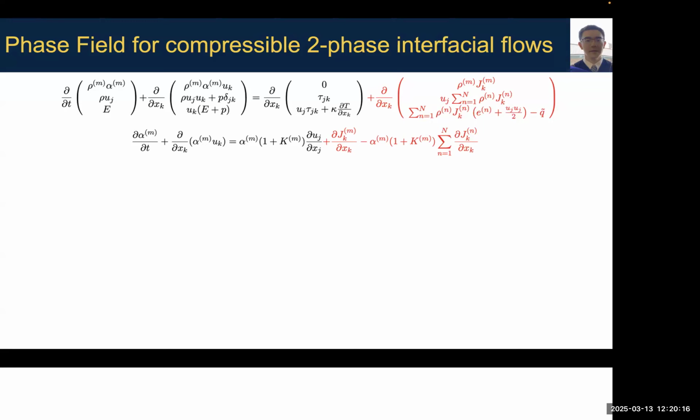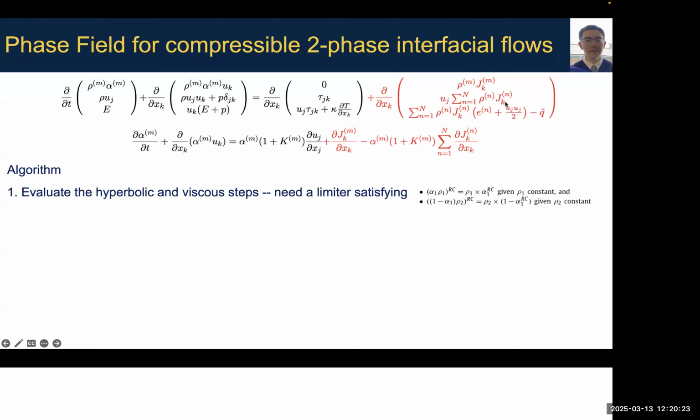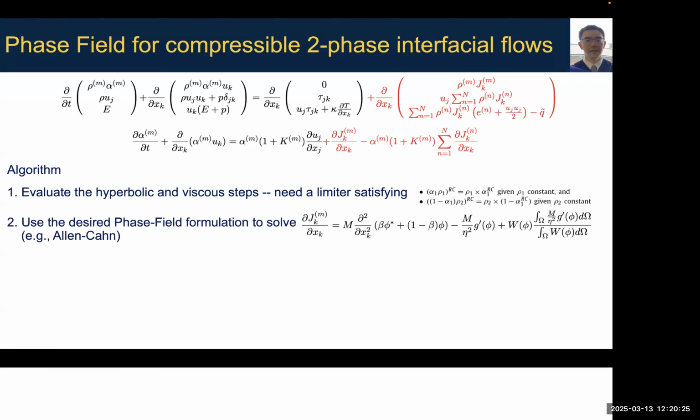They are basically written in terms of these J's here, which are indeed fluxes of the phase field, and these fluxes are determined based on some model of the